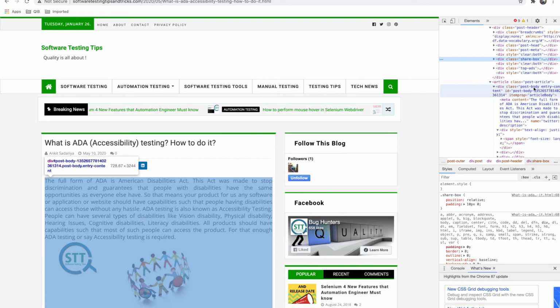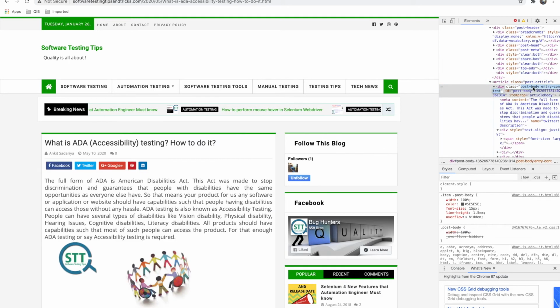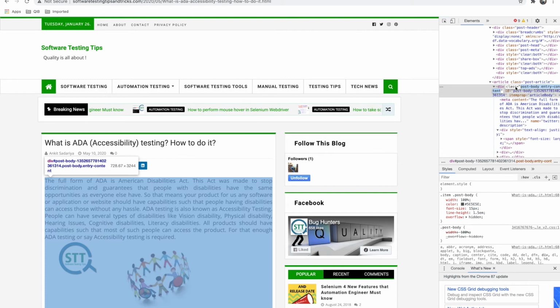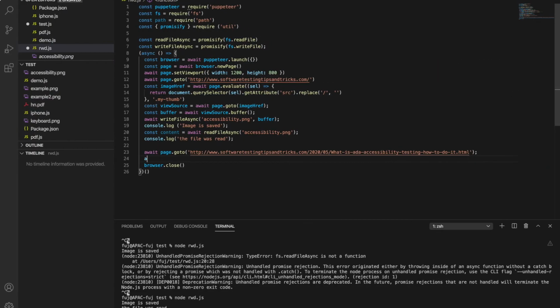In the post article we have class post body, we can use this. This div contains the full body of that post.